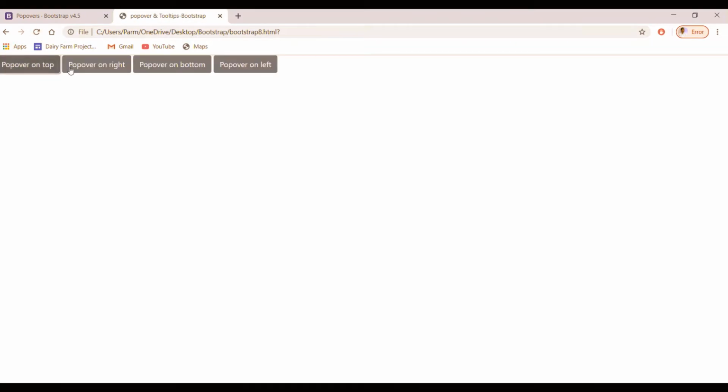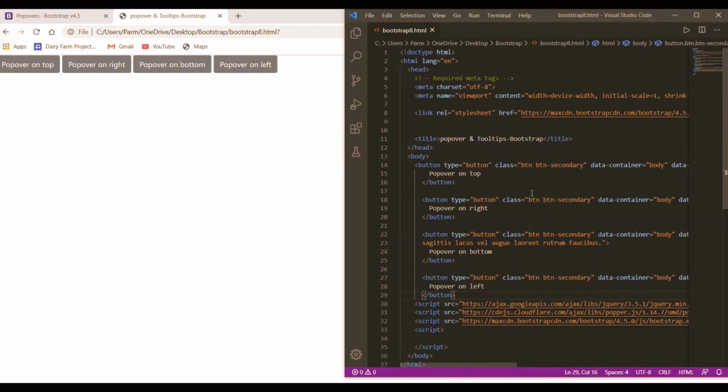We click on this, and nothing appears. So in order for the popovers to appear, we have to include the script. Before that, we have to understand what is written here.